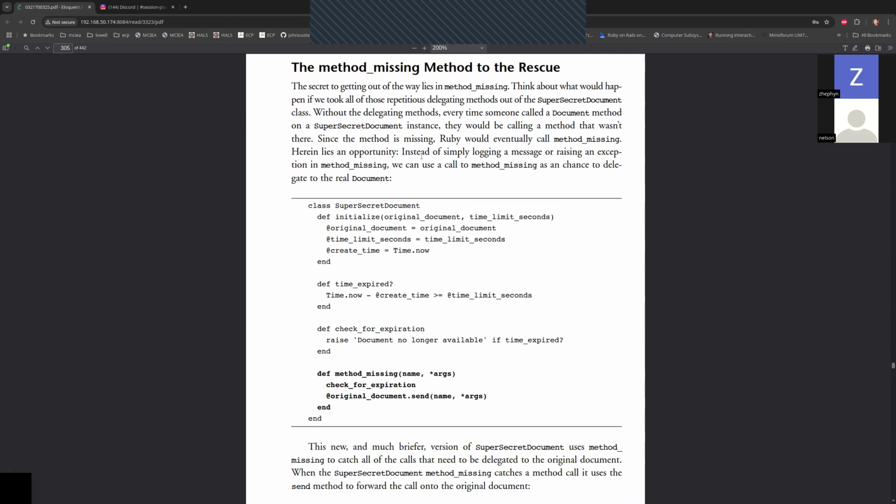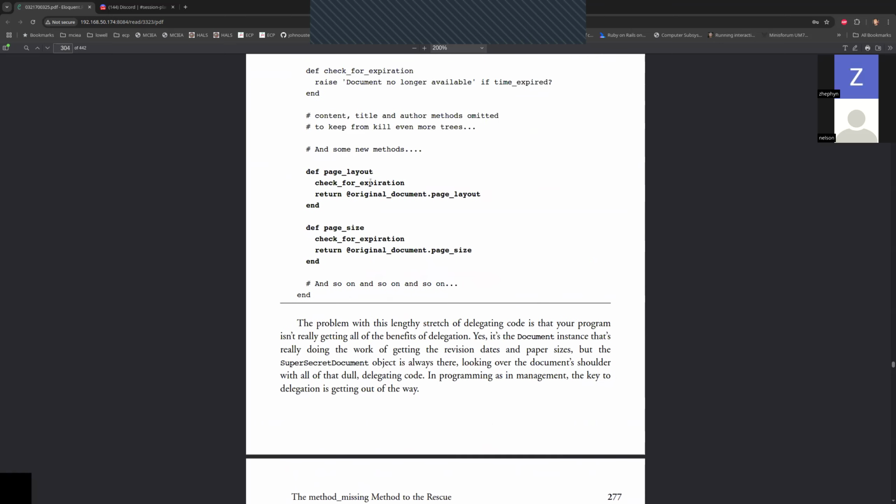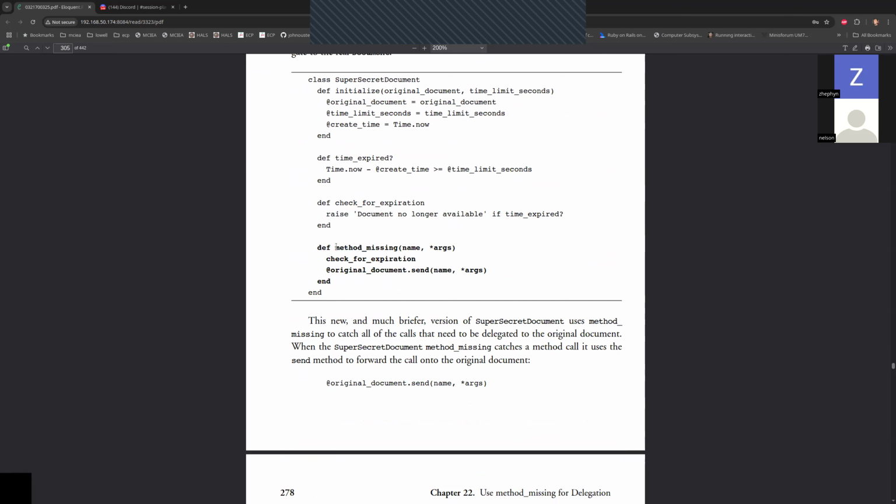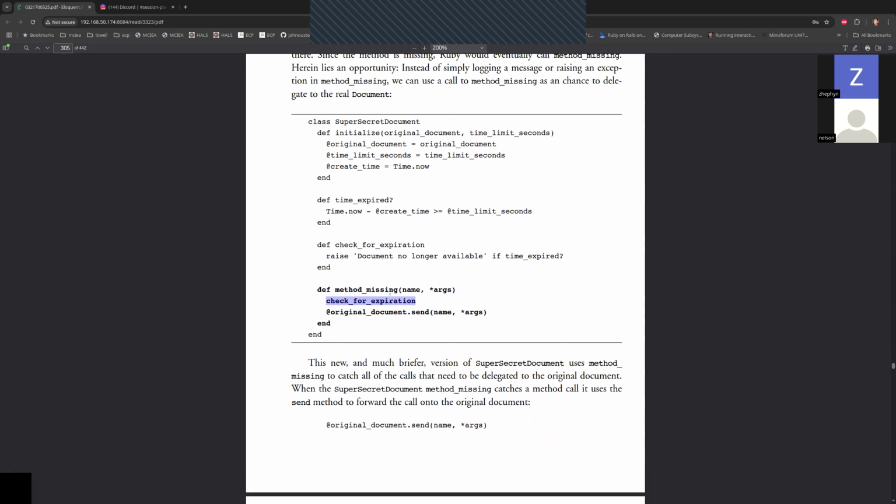So what do we do instead? Instead of manually updating the method calls each time that we want to update the original document, we implement method_missing to always put in this check for expiration. That way, we don't have to remember to add this code. Anytime we update the original document, it's automatically going to get updated here,